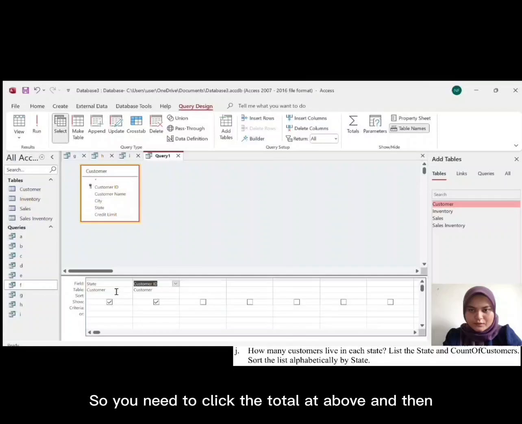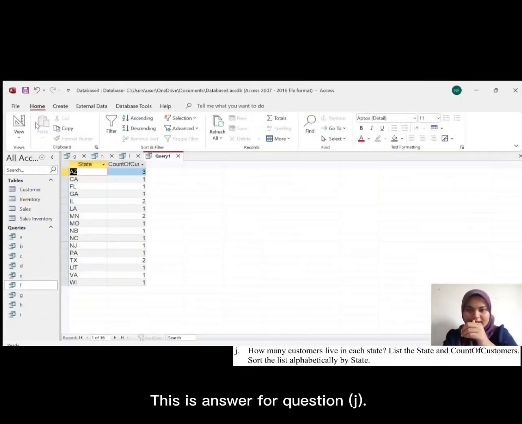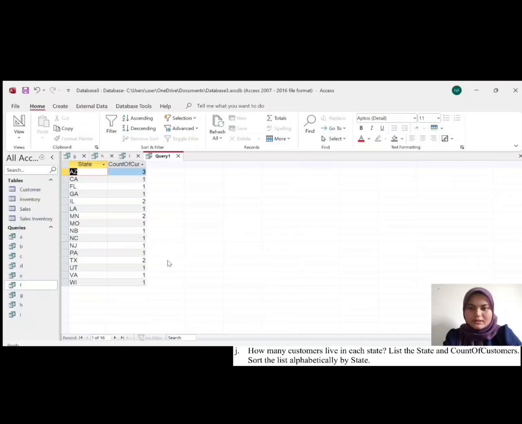So you need to click the total above, and then you need to change group by to count. Okay, you sort under the state ascending, and this is the answer for question J. Okay, you name it as J.